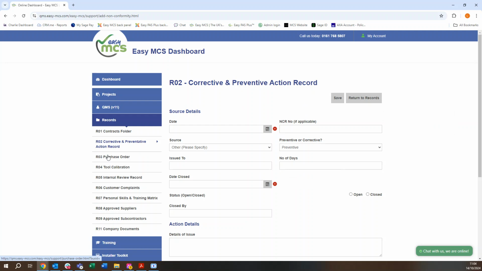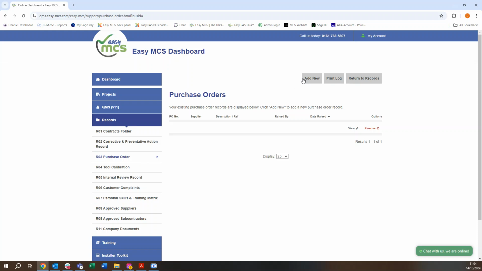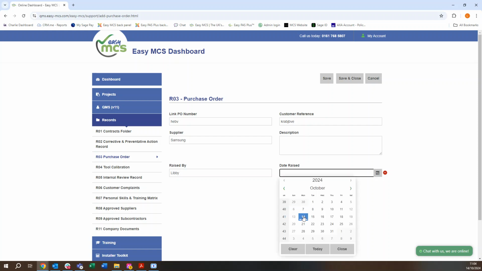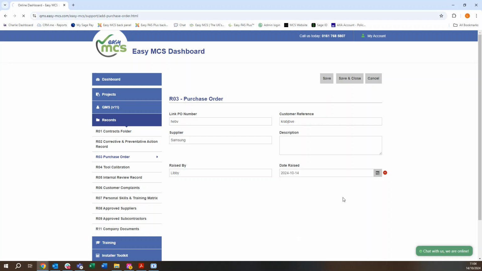So as a reference, you'd have your corrective and preventive action record line, and then you would have a corresponding document that sits with it. Same with purchase orders. So you would go to add new, you'd put in some information. I'm just typing stuff here. I'll put a real word in there. I'm going to say it's raised by me and the date raised is today. If I save that,